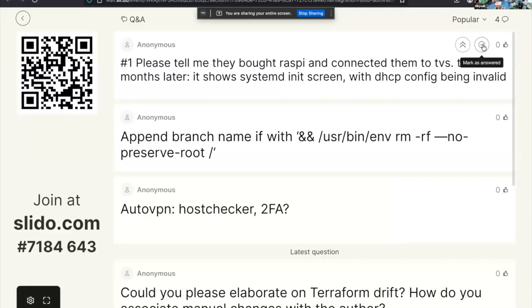It shows systemd on its screen. I bet, of course. Append branch name. Yeah. Please read the question. Okay. So